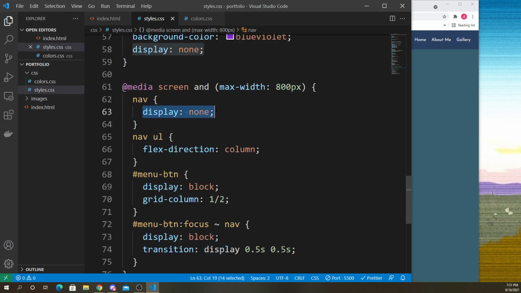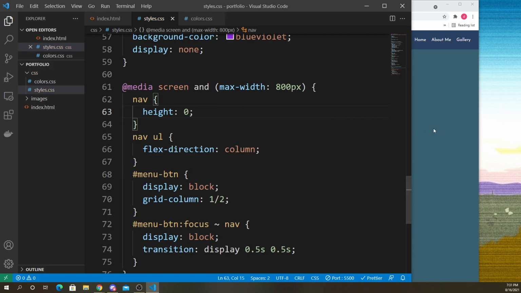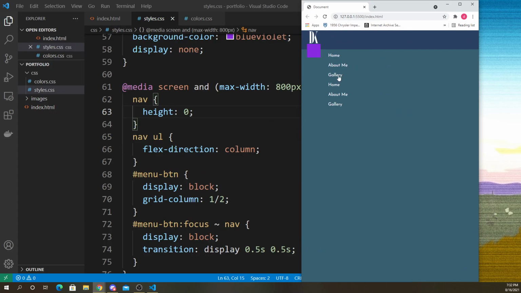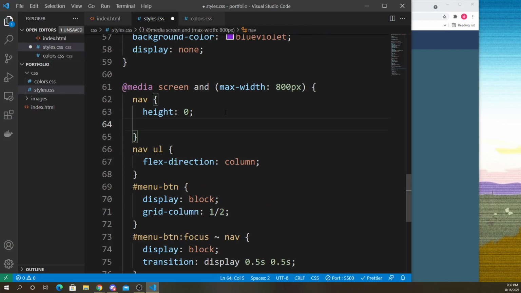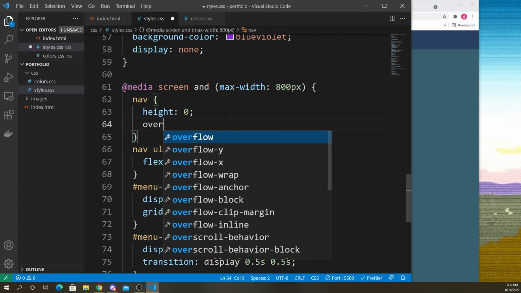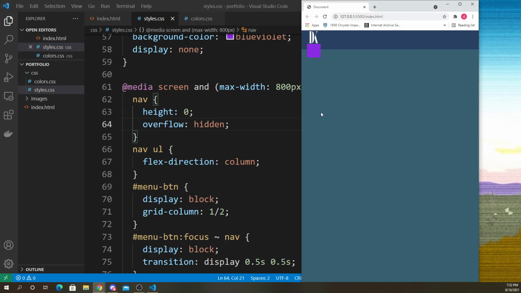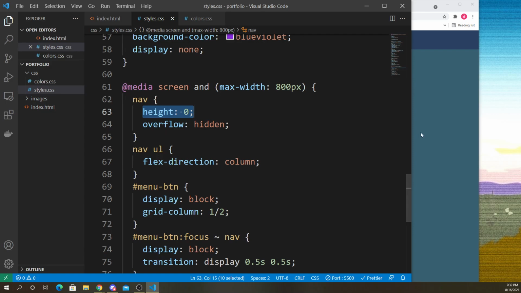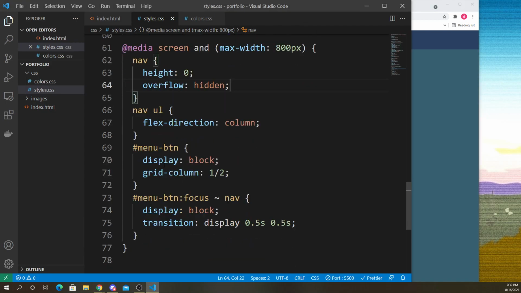Here, instead of display none, we're going to say height 0. So, an alternate way of hiding it. Height 0, but you could still see it. In order to hide it, you have to say overflow hidden. So anything that doesn't fit inside that 0 pixel height, you're not going to see it. So it disappears. Instead of you seeing it right now, it's gone. And then we bring it back